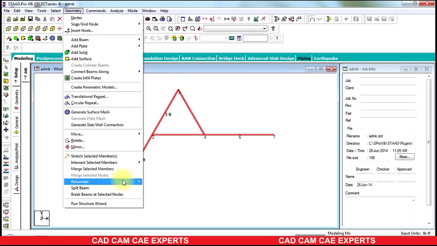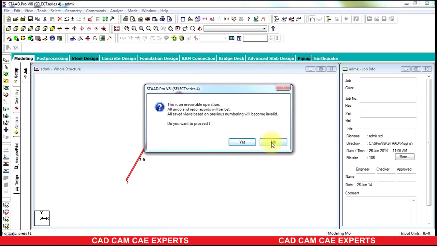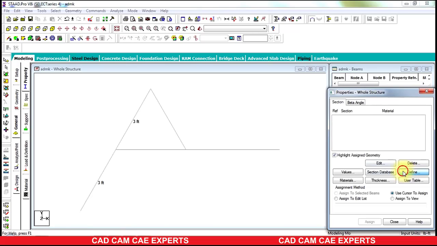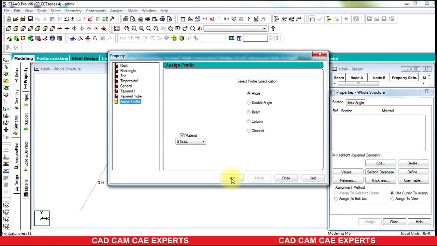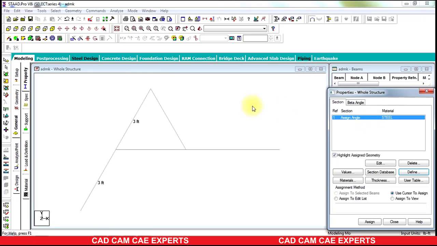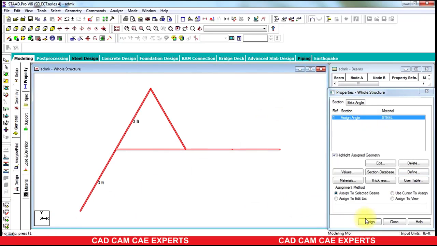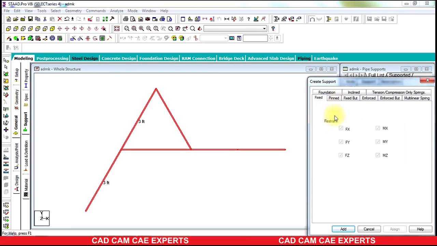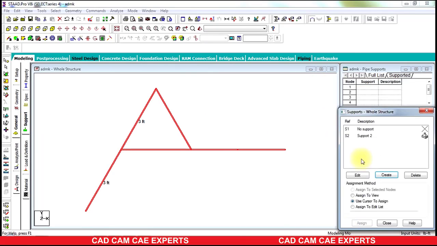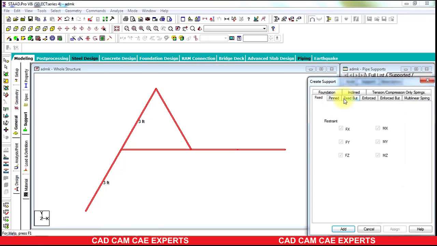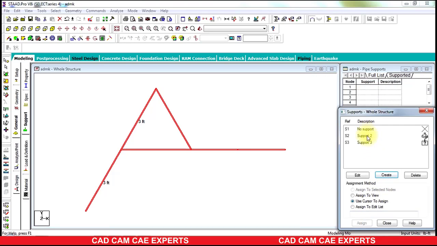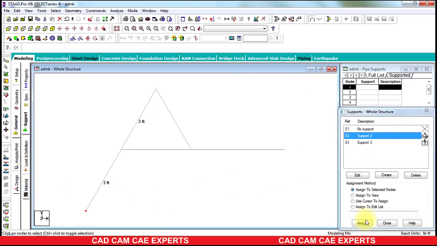We just renumber those, or else there is no need for renumbering. We can move on. Define assign profile will be angle. Now assigning the property to the entire structure, then going to supports, creating pinned support and fixed bar support, which is a roller support. Now assigning the supports,